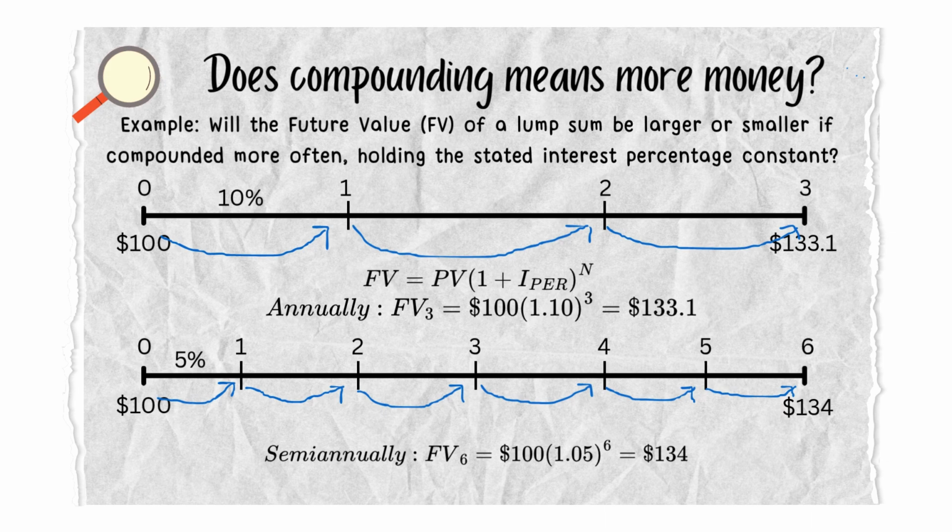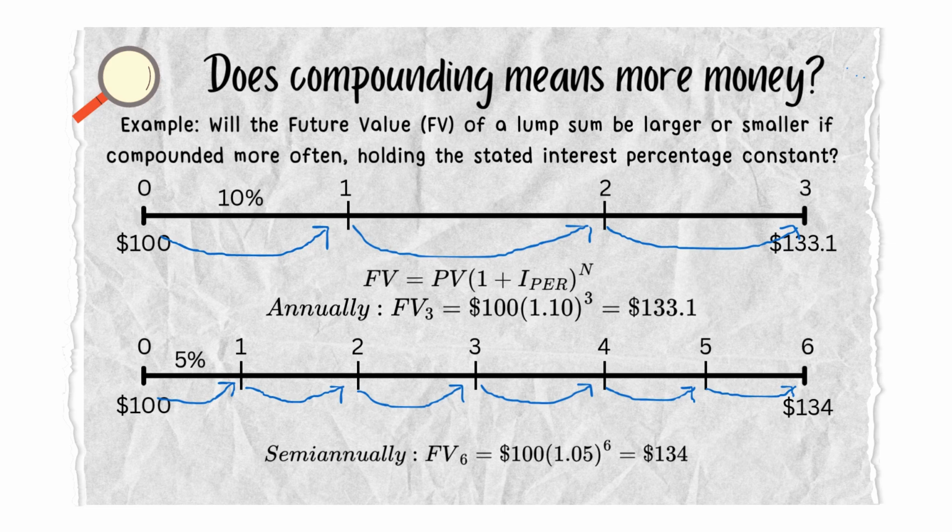For the first timeline, it's compounded annually. What does this mean? It means that interest is added once a year. For example, let's look at the first timeline. You start with $100 and the yearly interest rate is shown as 10%. After 3 years, if interest is only added once per year, your $100 grows to